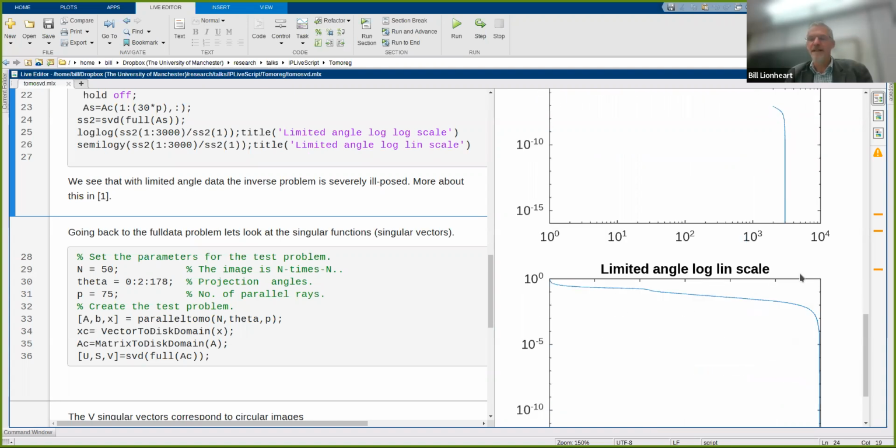Now, the log linear scale is designed to reveal if it's falling off exponentially or faster than exponential. So a semilogy in Matlab does that, so it's a log of the singular values, but the linear scale for the number of the singular value. And in this case, what we see is something more or less straight on the log linear scale, which means that the decay of the singular values is in fact exponential, possibly slightly faster than exponential, because it's falling off there. So as soon as we've limited the data, we see something that's what we'd call severely ill-posed,